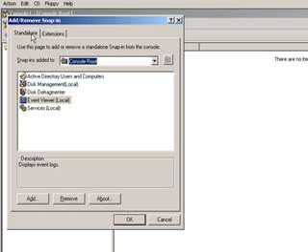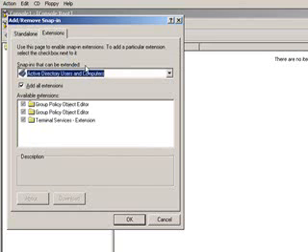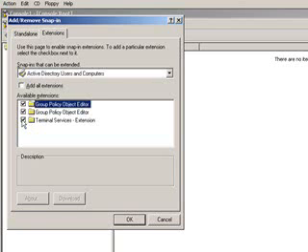The standalone snap-ins are provided by the developer of an application, and you can see that those are full tools: Active Directory Users and Computers, Disk Management, Disk Defragmenter, and so on. The extension snap-ins can be used as standalone snap-ins, or you can actually take parts of a snap-in out. For example, in Active Directory Users and Computers, I can uncheck Add All Extensions, and then I can remove